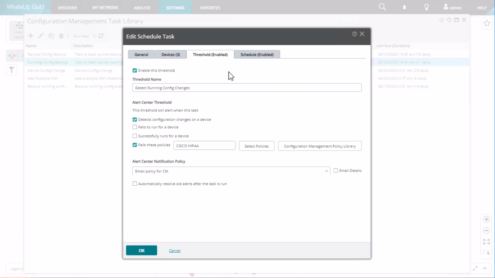My organization needs to be HIPAA compliant. This policy ensures that my devices have password encryption enabled and a strong enable password. It also ensures that public is not configured as the read-only string. Keep in mind, you can create your own policies to ensure that your own criteria are included or not included